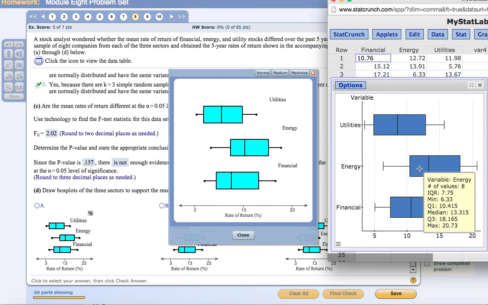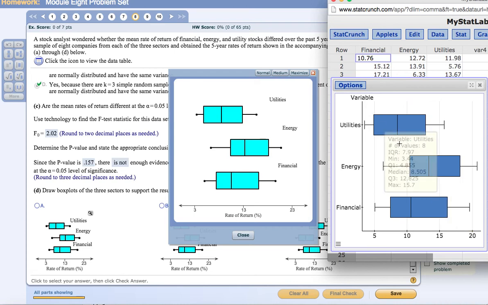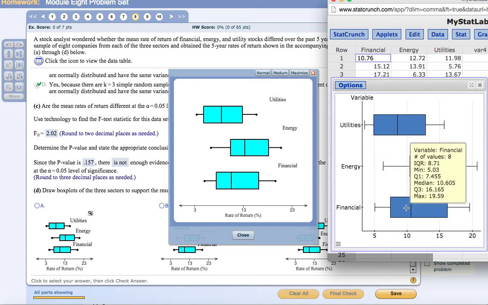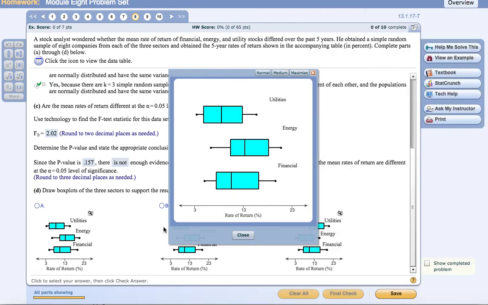And then let's see, the min looks good, 6.33, and max, that looks good. Okay. And then this one, the min is 5.03, that looks good. 10.605, let me think about that. So this would be a 10, yeah. Okay, so let's go ahead and pick this one